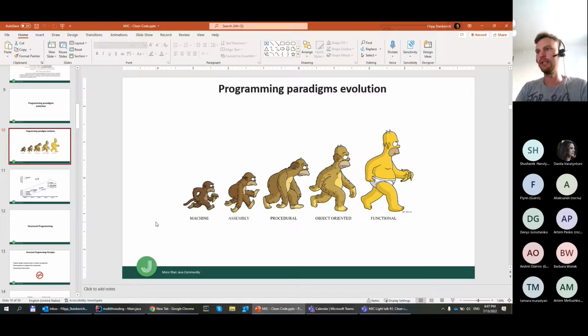And there were some evolutions: machine code and assembly languages are not really high-level languages, very low-level,